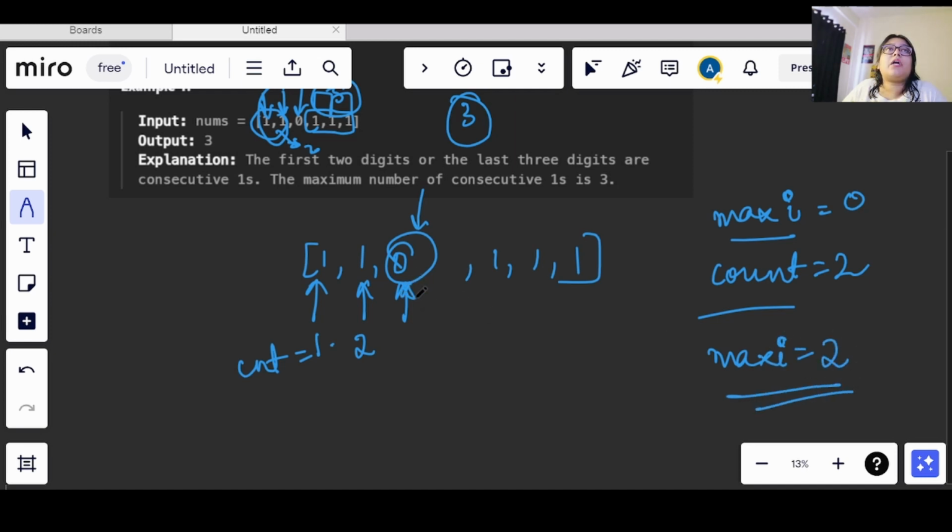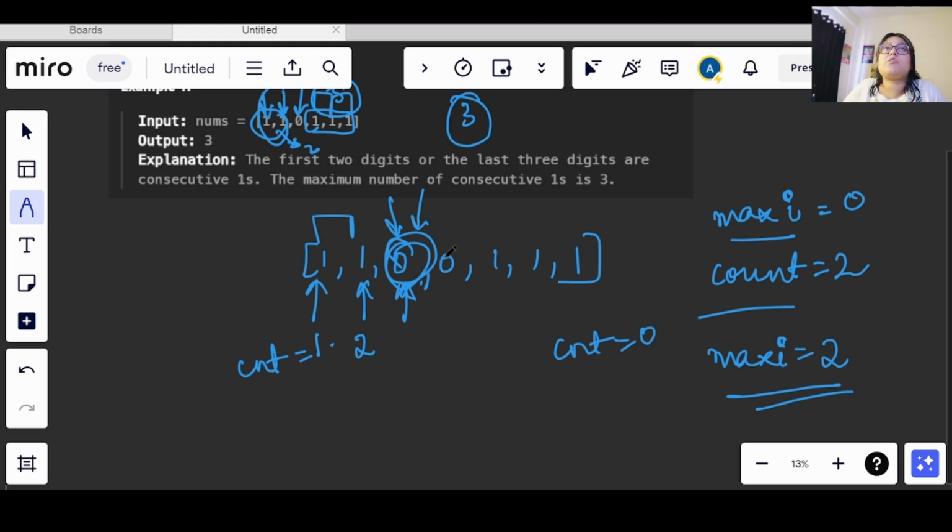Again we will come here and see this is not 1, so our count will become 0, because we don't have to count this, and the consecutive ones are not continuing anymore. I have seen that we have 2 ones, and after that I am not getting another one, so I have to update my count to 0 again, so that whenever I see new consecutive ones together, I will restart the count from there.